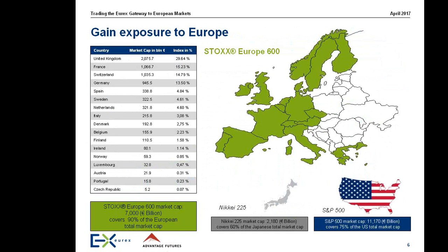Now, I've got to tell you, this alone is a compelling reason to keep the Stocks Europe 600 on your radar. It's important to watch, but it also is Europe's leading broad-based benchmark and a unique barometer of the overall European market sentiment and subsequent sectors. With the fixed number of 600 components, the Stocks Europe 600 index represents large, mid, and small capitalization companies across 18 countries of the European region, capturing 90% of European